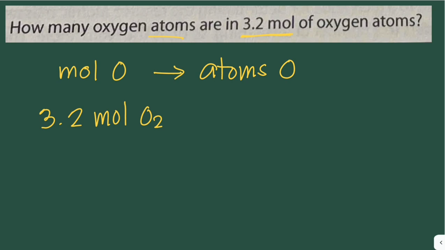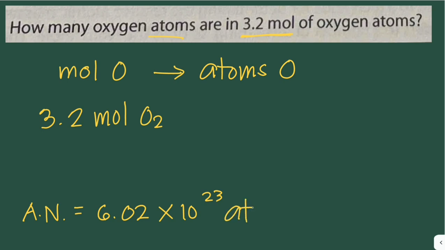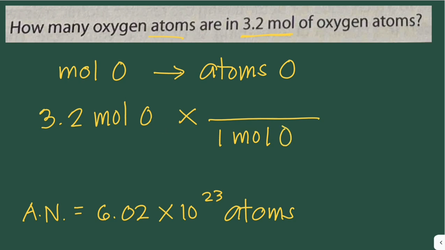And we use the conversion factor. So we use the Avogadro's number, which is just equal to 6.02 times 10 to the 23rd. In this case, the unit would be atoms. So we multiply this by the factor. So that would be 1 mole of oxygen. It should be oxygen atom. Oxygen is to 6.02 times 10 to the 23rd atoms